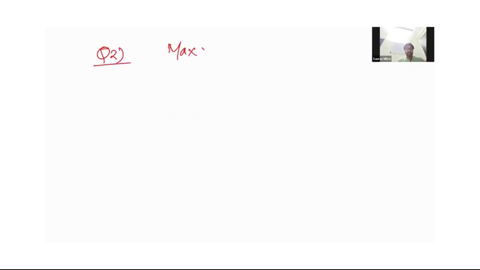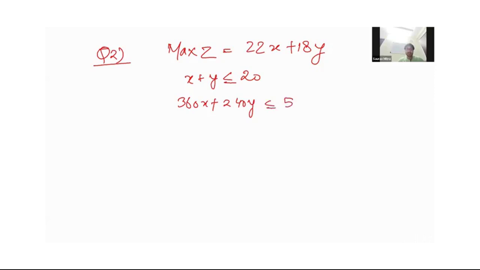Maximize z equals 22x plus 18y, where x plus y is less than or equal to 20, and 360x plus 240y is less than or equal to 5760, where x is greater than or equal to 0 and y is greater than or equal to 0. Clear? So first of all we will plot